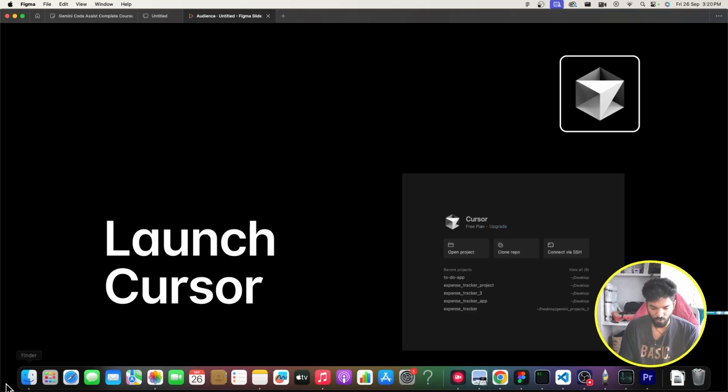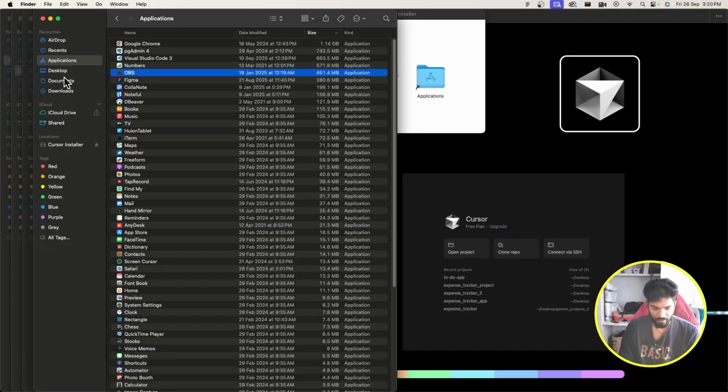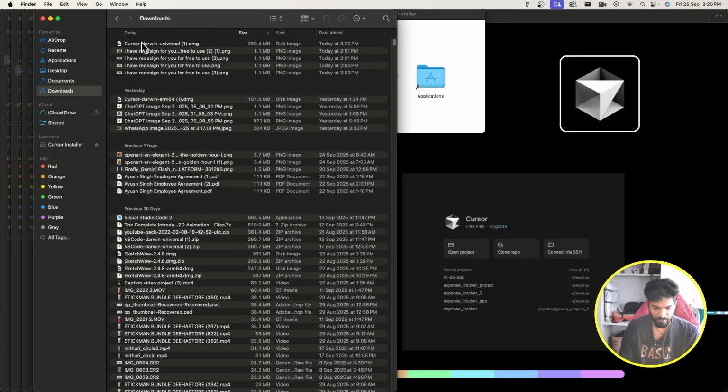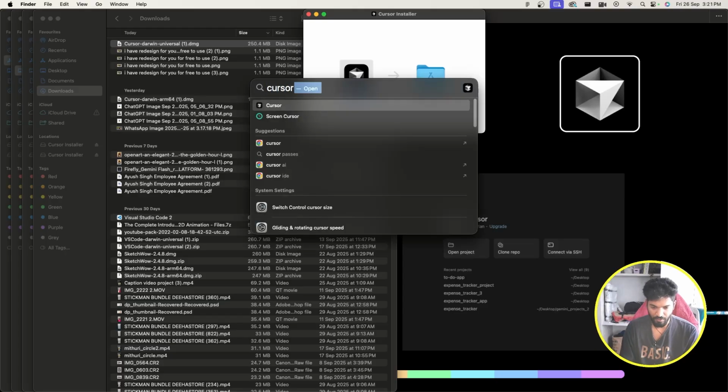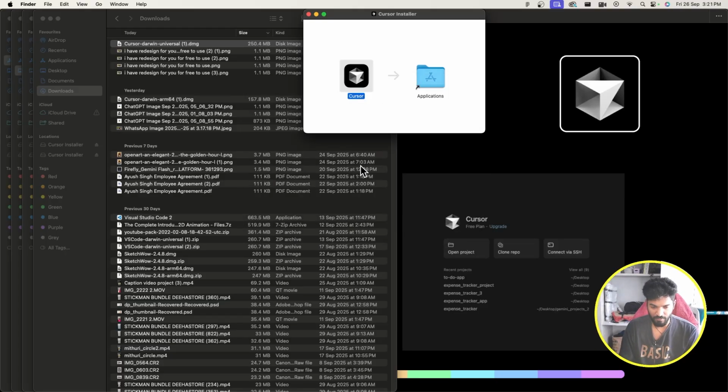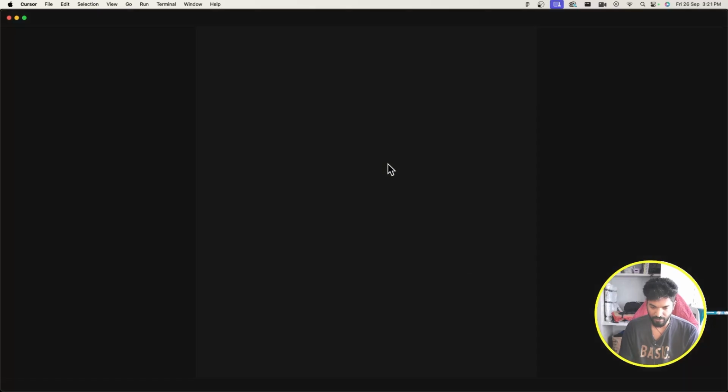So what I'm going to do is go to my downloads. This is the file that has been downloaded for me, and I'm just going to put this Cursor in my applications folder and let it go there. And once that is there, I can launch Cursor. The size is pretty decent, around half a GB or so. I can just open my Spotlight search and look for Cursor. Once I open Cursor, let's see what is the interface that we get at the first launch. I'll say yes, open, I trust it. Right, so